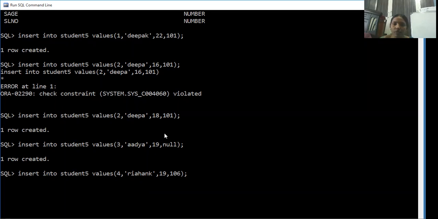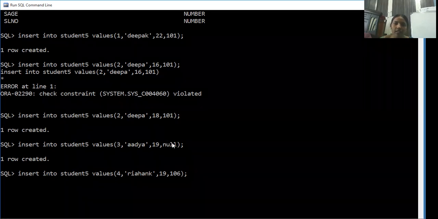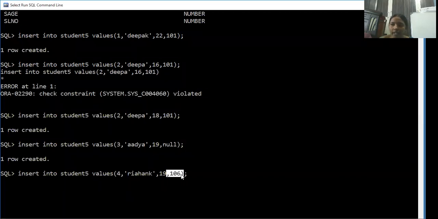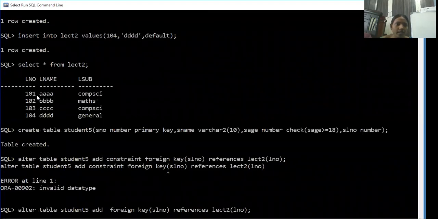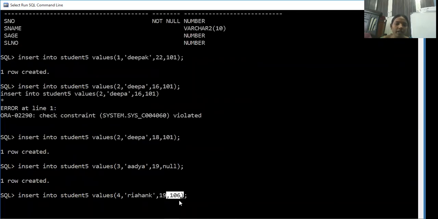So that means foreign key values may be repeated, like 101, 101, and may be null. But the value you are entering must be a subset of the primary key of the lecturer table. Is 106 related to your lecturer table? Just check once. Is 106 there in the lecturer table? No, lecturer 106 is not there, but I'm trying to enter 106.